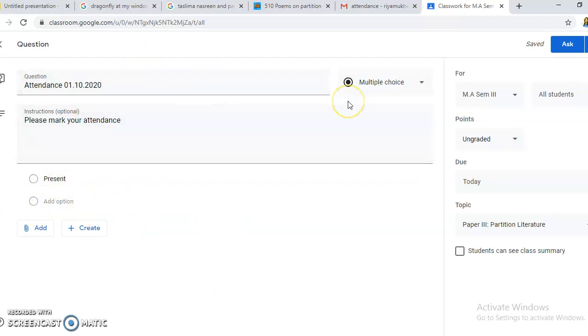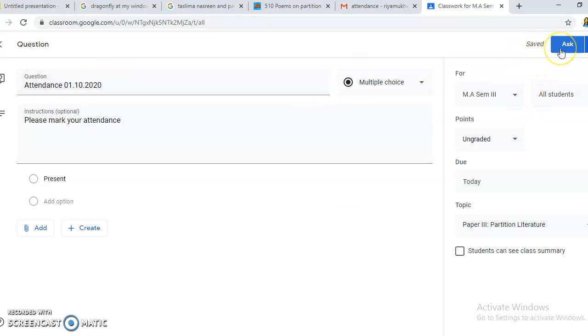That's it. So we have created the attendance, and we're doing this because when we were creating assignments, some students were having difficulty in accessing or turning in the attendance, and some did not have the option, they said. So we're seeing if this works better than the assignment. Remember, we are choosing question here instead of assignment.